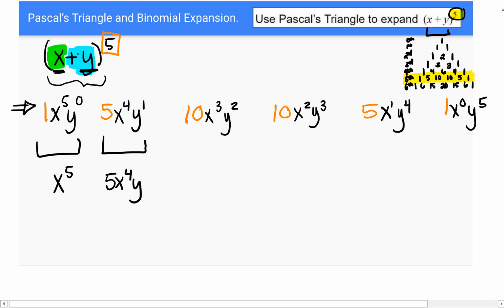The binomial we needed to expand had a sum rather than a difference, so all of our signs will be positive. But when there's a difference, it's important to take that into account and watch out for your signs in between each of the expanded terms. Plus our next term,